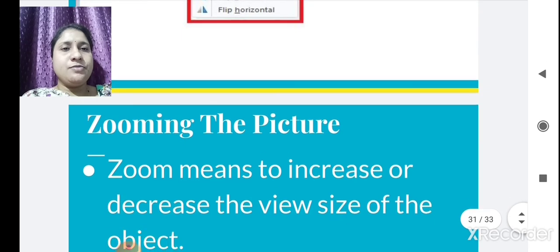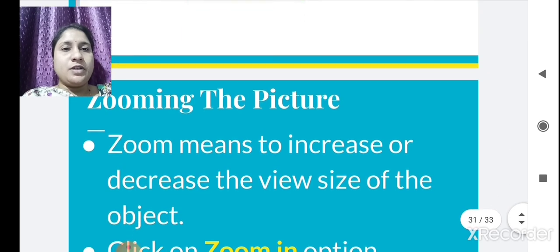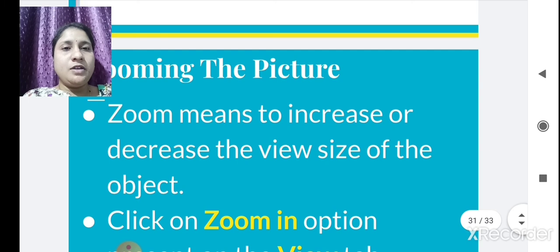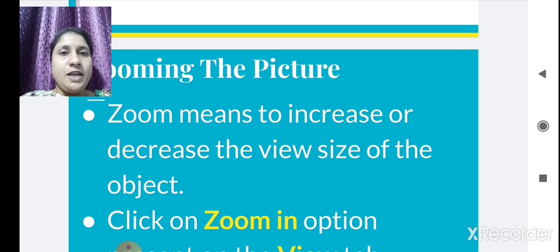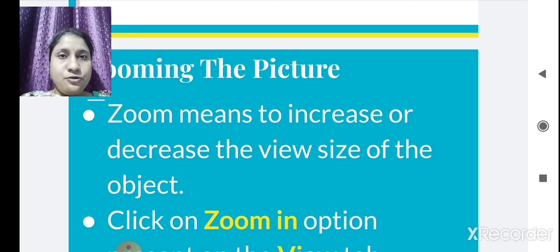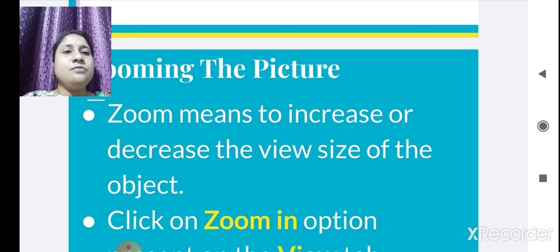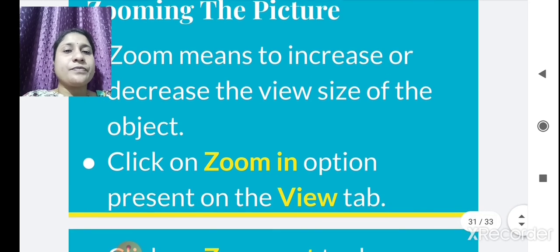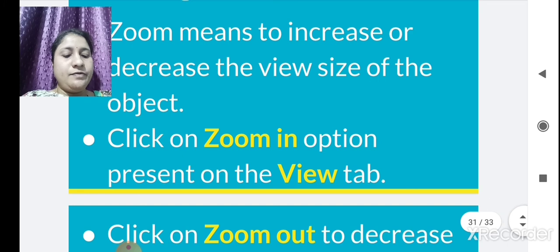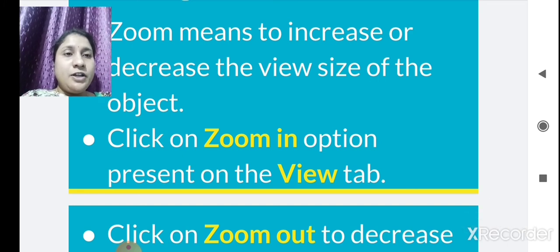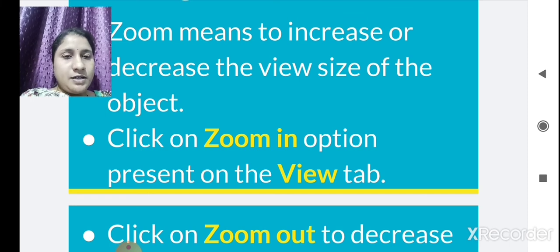The next is zooming the picture. All of you know zooming. If you want to increase or decrease the size of any picture, we will zoom in or zoom out. This means to increase or decrease the view size of the object or picture. If you click on zoom in, it will increase the view size.